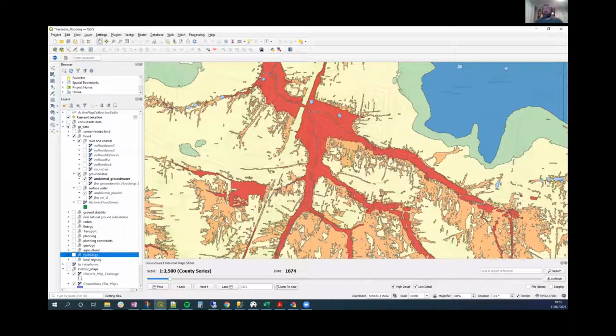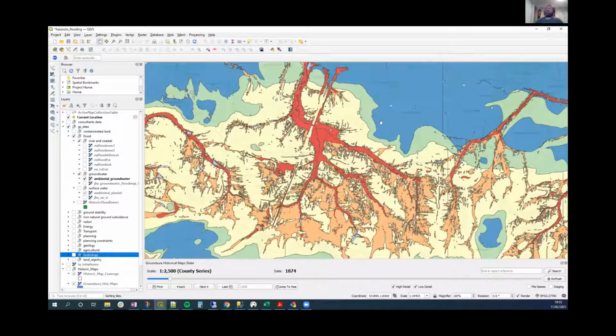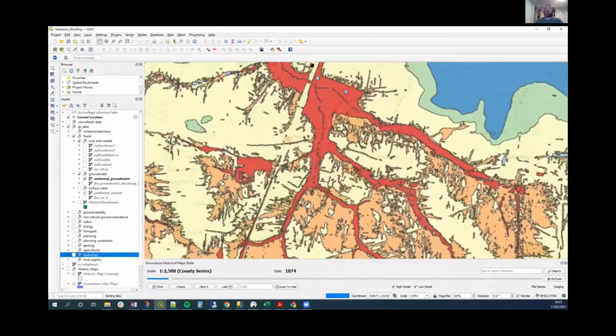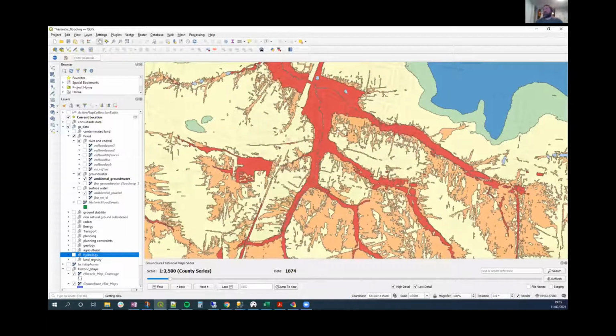So the groundwater risk model takes into account a lot more information about the geology, so the superficial geology around Hassocks, and the aquifer types around. So it looks a bit more scary. That's because it covers everywhere rather than just the areas that are at high risk. But you can see there's a considerable amount in this model of Hassocks that is at high risk from groundwater